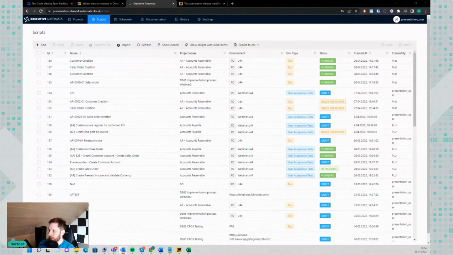So I'm logged inside of Executive Automats. This is one of our presentation instances, and I'm in the scripts module where I see all processes defined. In here, you can identify Executive Automats as one centralized platform where you've got all your test cases and all your environments defined. Practically, you define here dev, UAT, pre-release, release, any other environment you've got in your